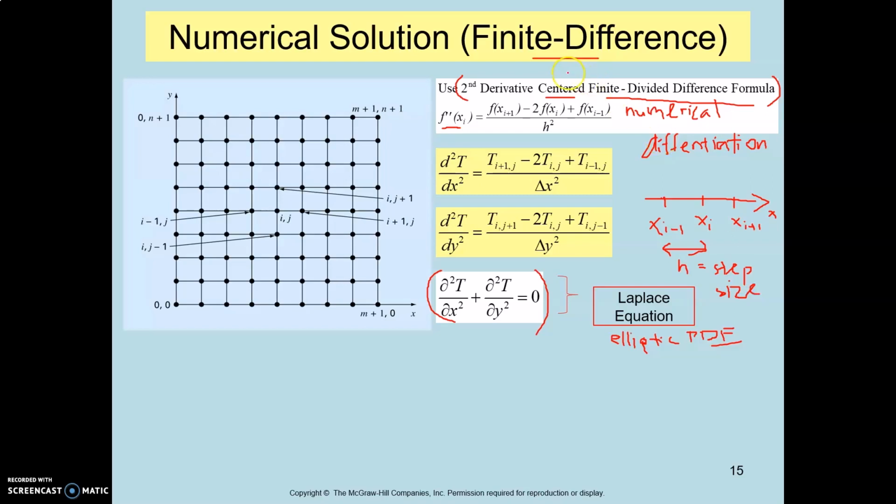So since we are using the center type, you can see that it requires i plus 1 and i minus 1. So this is the formula that we can use. When we apply it in our case, what we want to measure is the second derivative of T with respect to x, which is this term. It can be written in this form as well, T double prime. So to compute the T double prime at point xi,